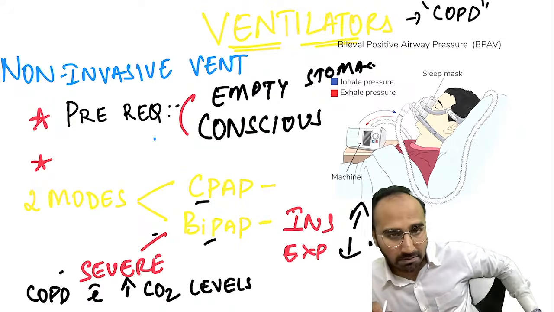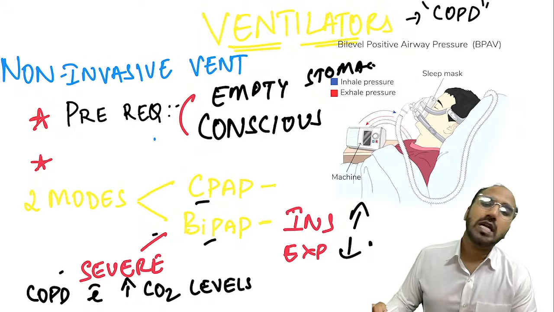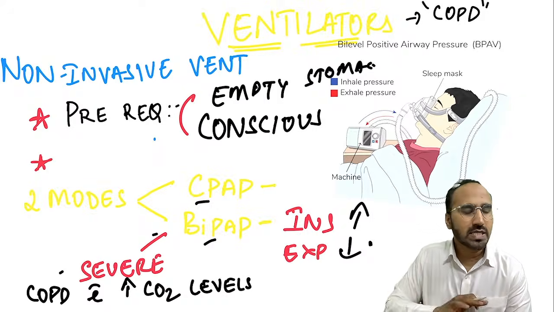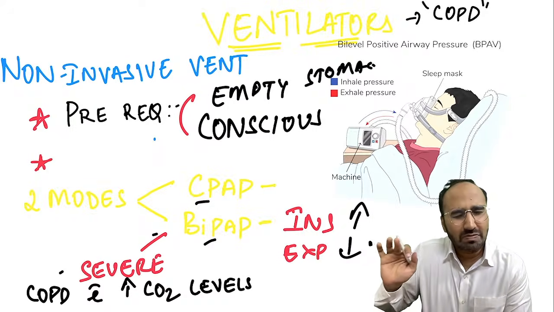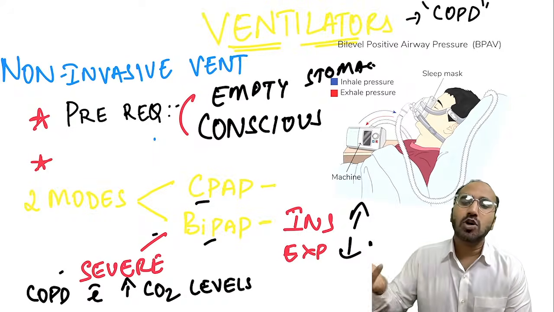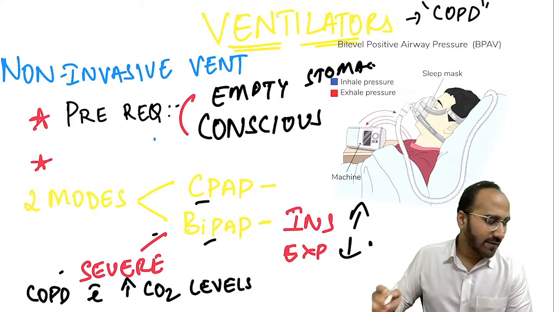But remember, if the patient is not improving on non-invasive, that is, on CPAP and BiPAP, or if the patient's GCS is going down, then you can go for an invasive mode of ventilator. In the invasive mode of ventilator,